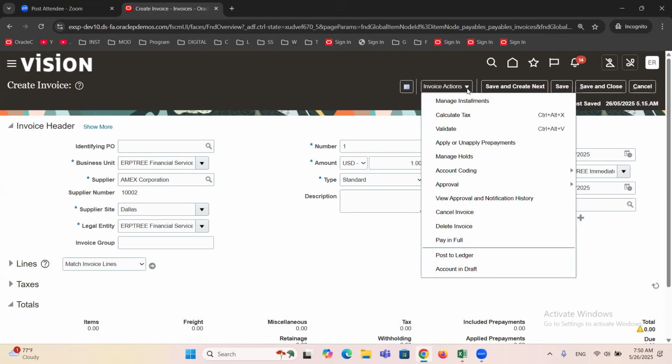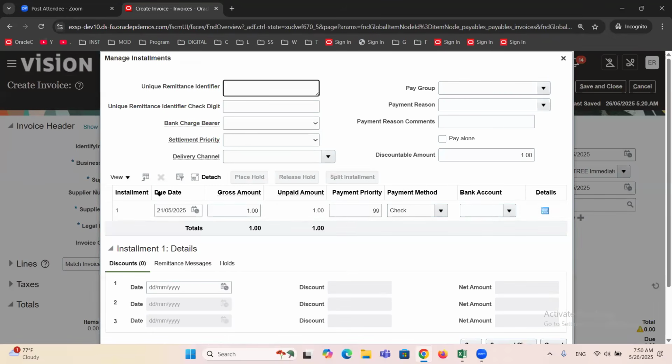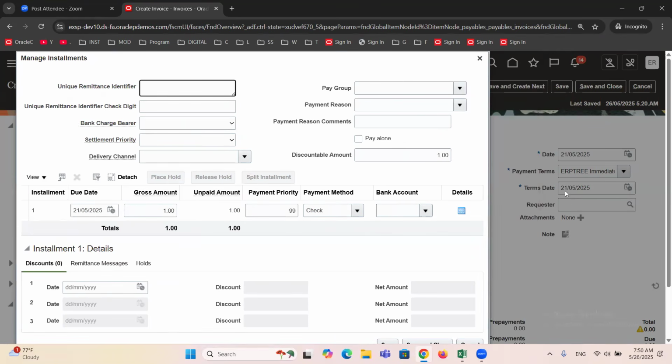You can check here. Go to manage installments. You see here, the due date is 21st. How is it deriving the due date? Term date plus payment terms. Term date is 21st, plus immediate means 0. 21st plus 0, that is the due date. Now,